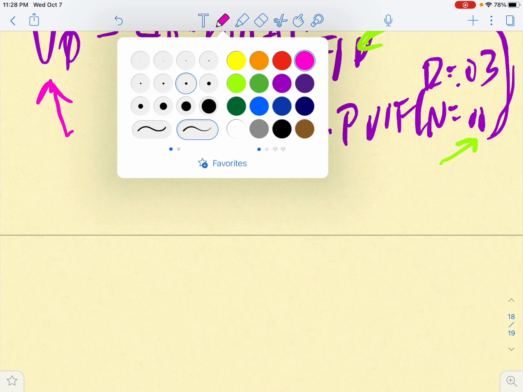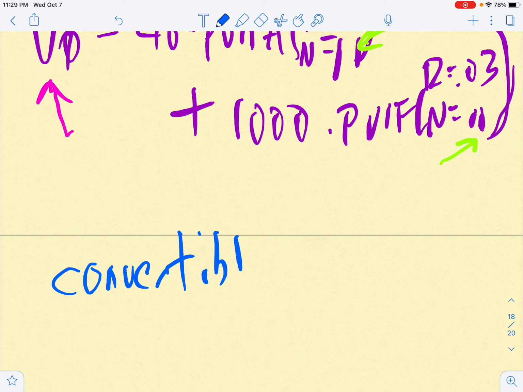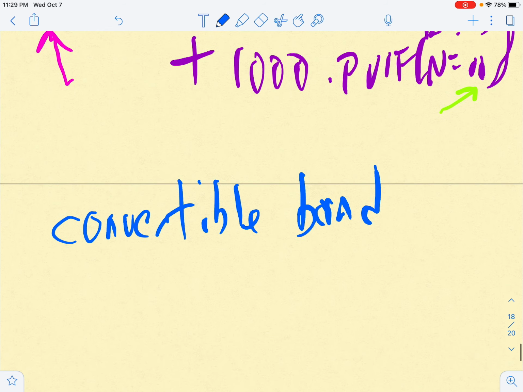And this one's going to be a convertible bond. Now, a convertible bond is a bond issued by a company that is able to be magically transformed or converted into a certain number of shares of stock. Firms issue these types of bonds because by doing so, by offering some potential equity stake in the firm,